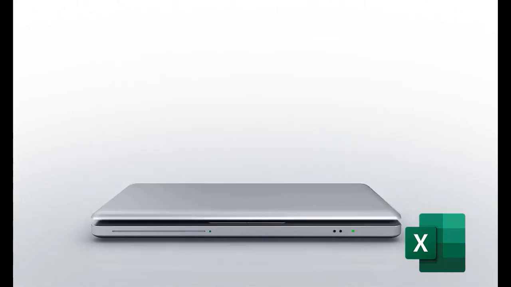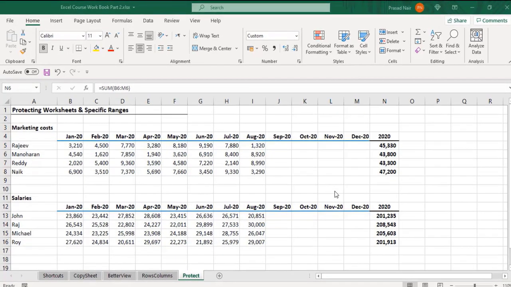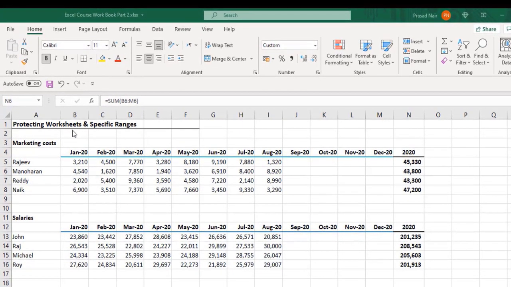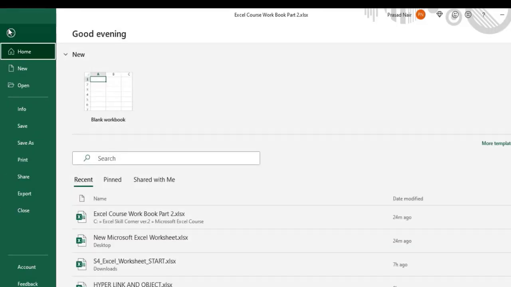Topic of this video is protection of Excel file and sheets. Let us see how we can protect our data from others by not letting them open or edit our file. The best way to protect the Excel file is to protect it with a password at the time of saving